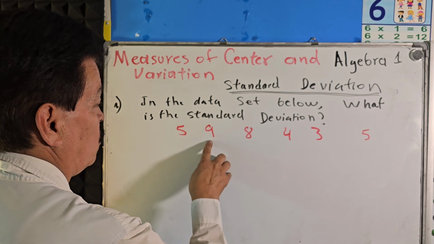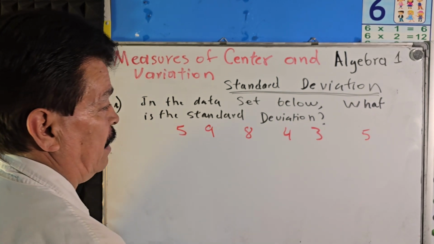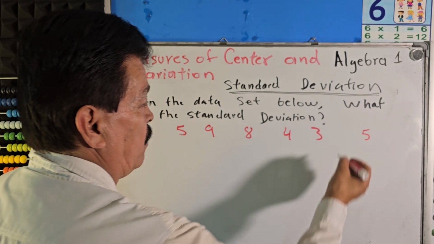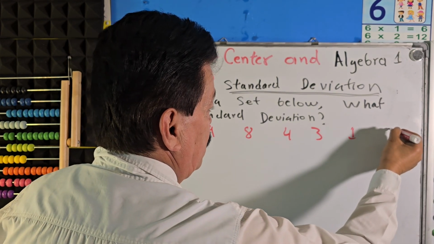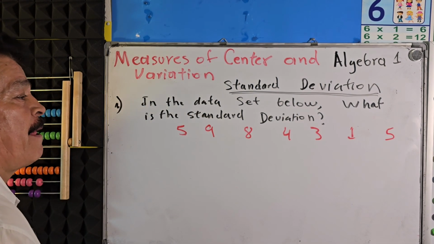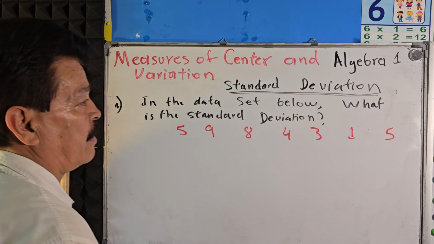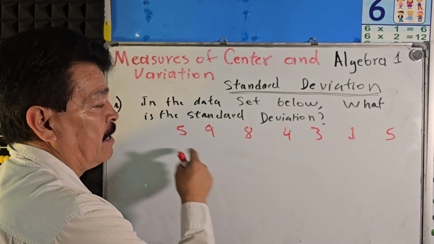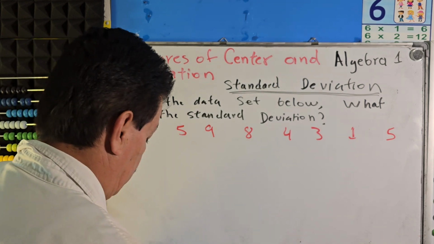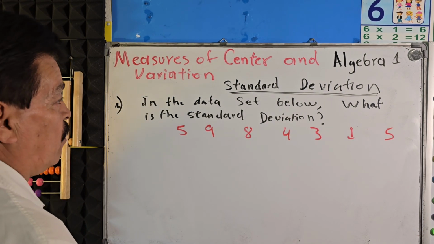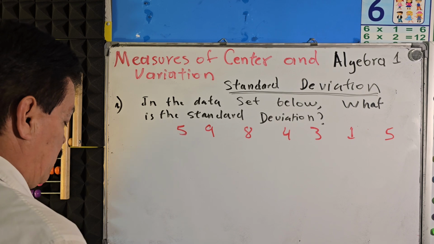How many numbers? 1, 2, 3, 4, 5, 6. Let's write one here. Not together, not 15. Let me make a simple problem, not a complex one, obviously of this type, to show you what I mean by standard deviation. Okay, so first